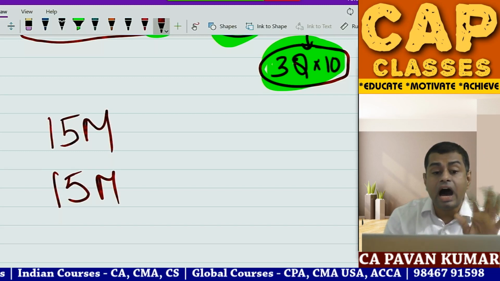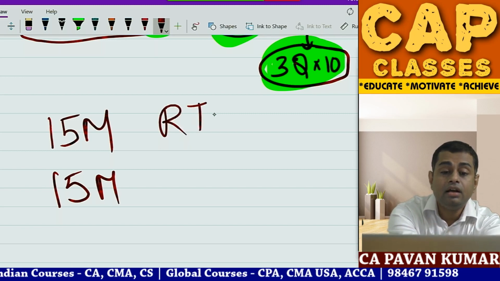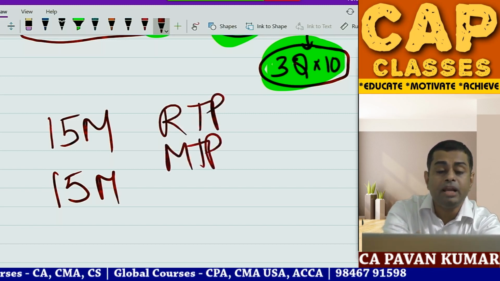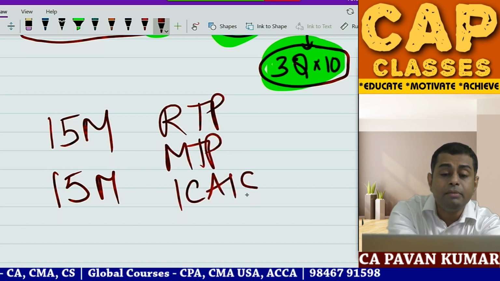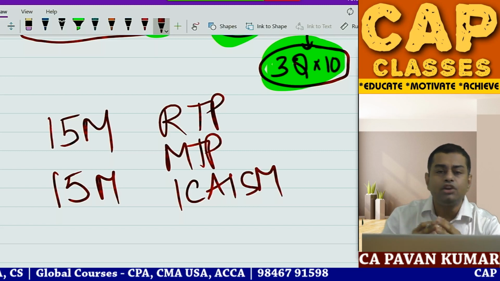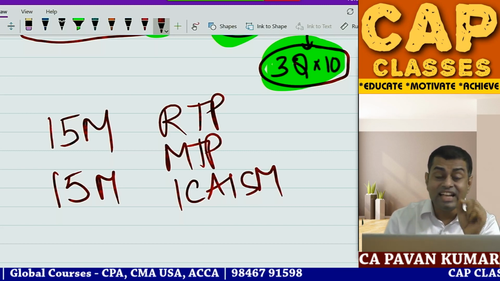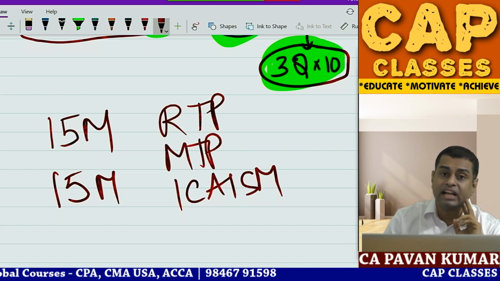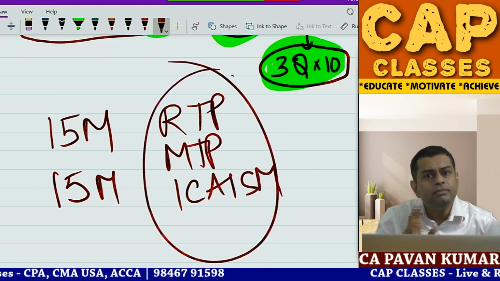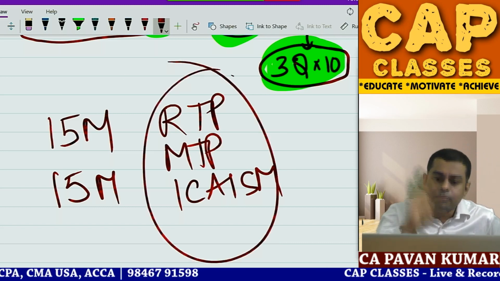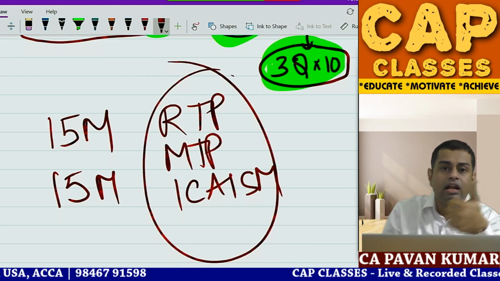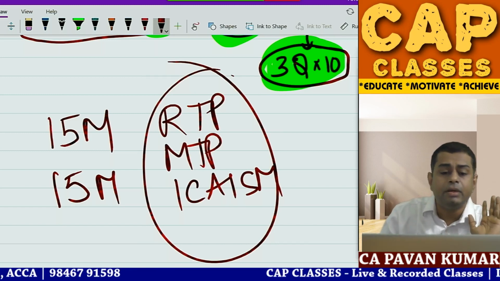Last 5 RTPs, MTPs and the ICAI study material. Only 5 chapters are there. At the end of each chapter, some MCQs will be there. And on the ICAI website, they have given some practice MCQs. All these put together, how many will be there? 200, 300. Read them. Trust me, out of 15 marks, if you read the last 5 RTPs and last 5 MTPs,